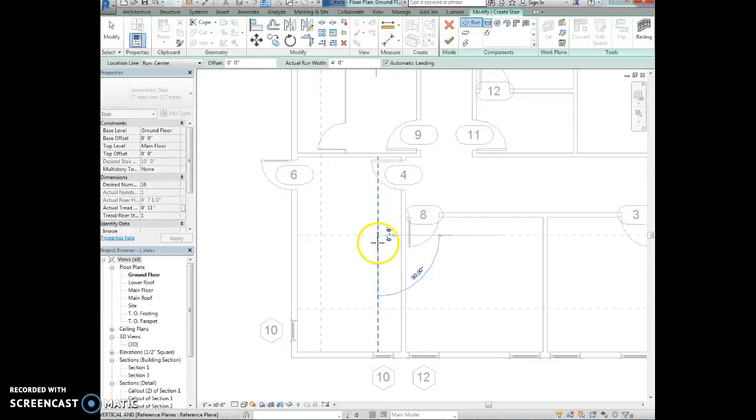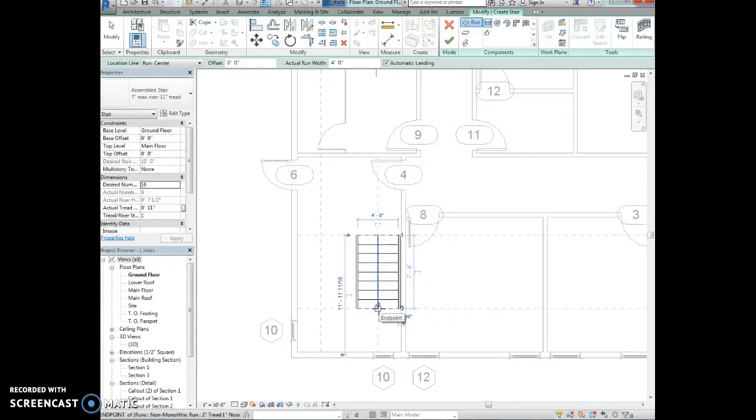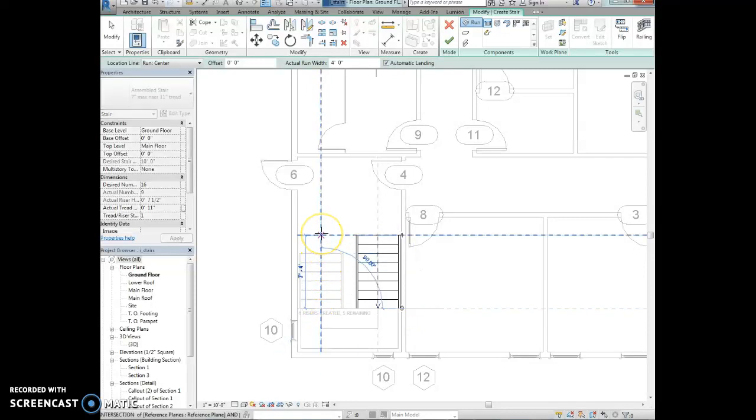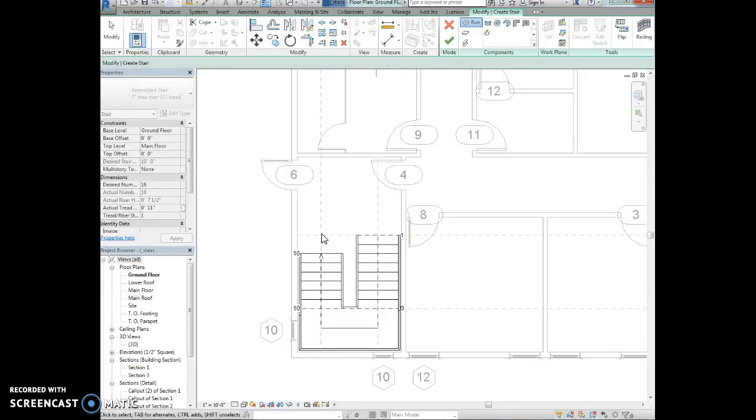And then we're going to pick the second point for the second part of our run. So you can see that in your book, and then this is our second point. And then moving clockwise, coming over to this point, I want to select the lower intersection point, so this one, and then pull this up and select the second intersection point. Alright, so now you can see that a U-shaped stair has been placed. So for the stair, you come in through the door and go up the stairs. We're going to select the green check mark